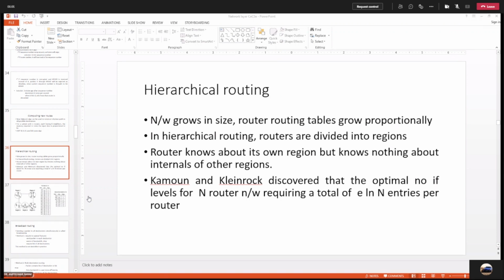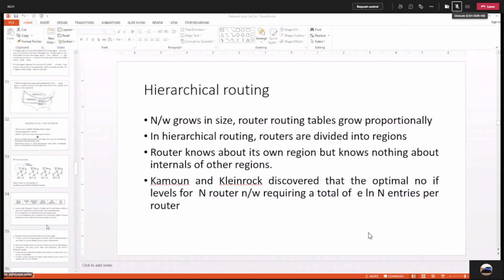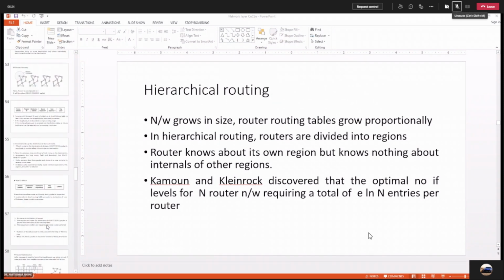So in the network layer chapter, the next topic is hierarchical routing, or the types of routing. So we'll begin with hierarchical routing, and then we will discuss the congestion control mechanism. How you can handle the network traffic, how to handle the congestion. Congestion is nothing but network traffic. How an individual node can deal with the network traffic is known as network congestion.